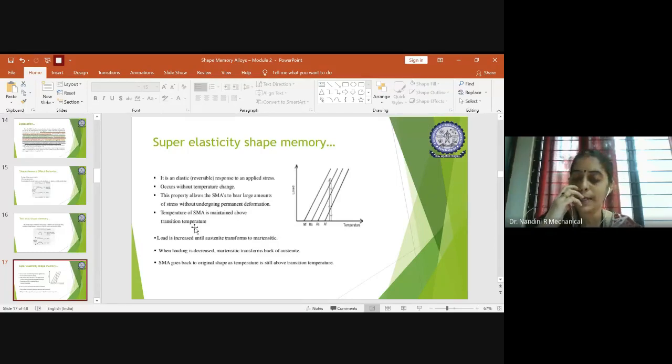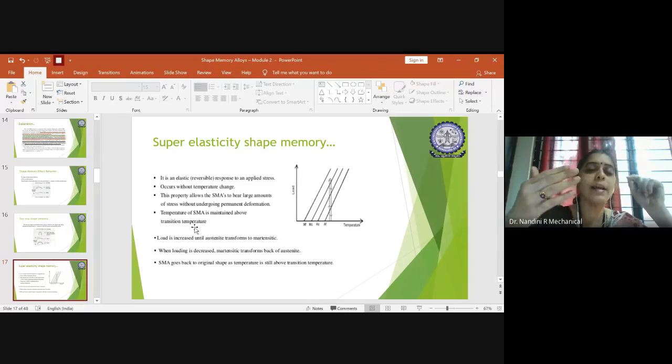Suppose you take a copper nickel based alloy. It has a transition temperature at around 200 degrees Celsius first and again at 433 degrees Celsius. So the phase transition takes place at these two temperatures, and hence the heat treatment you supply to these shape memory alloys should focus on these temperatures so that you can get the required change from austenite to martensite, and from martensite to austenite.